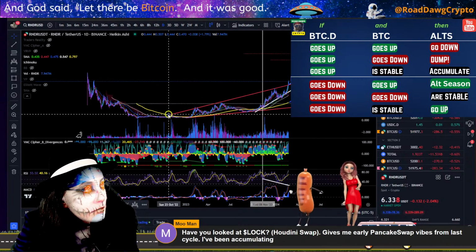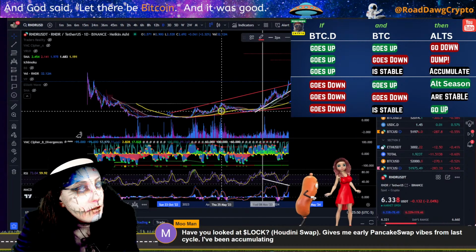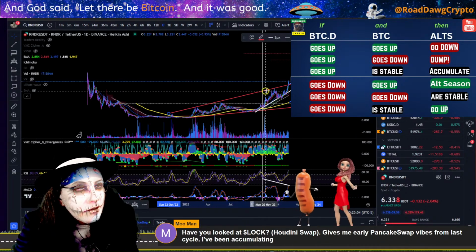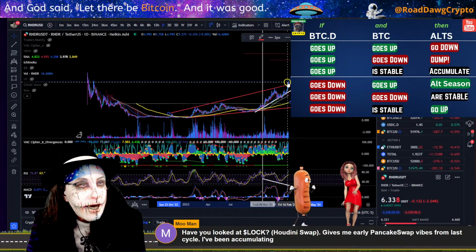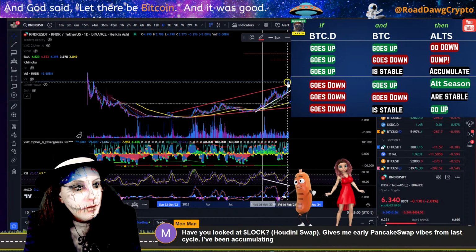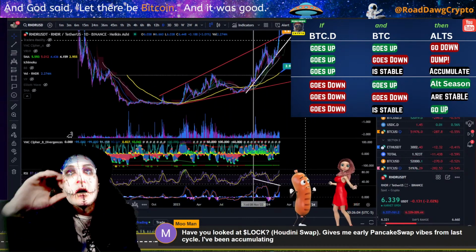Look, we got this pattern that we've seen a lot. Touch, touch, almost a touch. Did count it as a touch. Yeah, that works. We broke out of it. What happens when we do that? Because this is a bearish pattern. It's that broadening wedge pattern, that bearish megaphone pattern where we're saying,